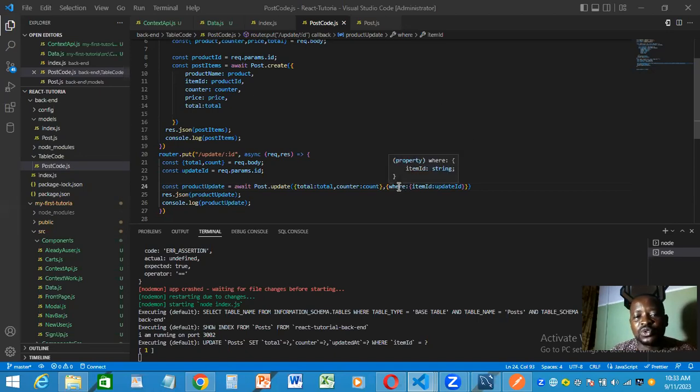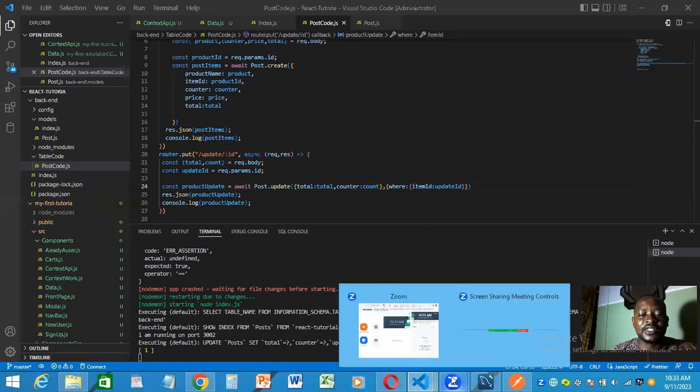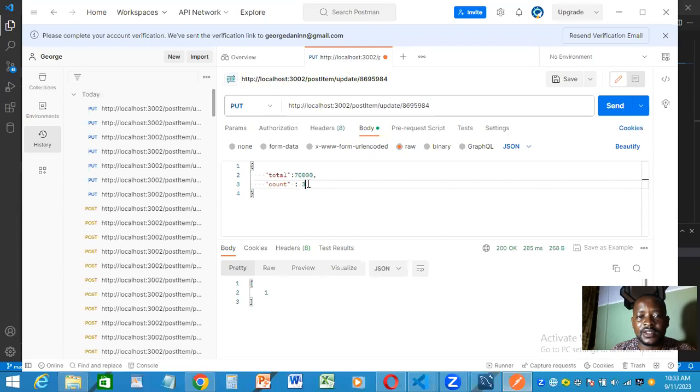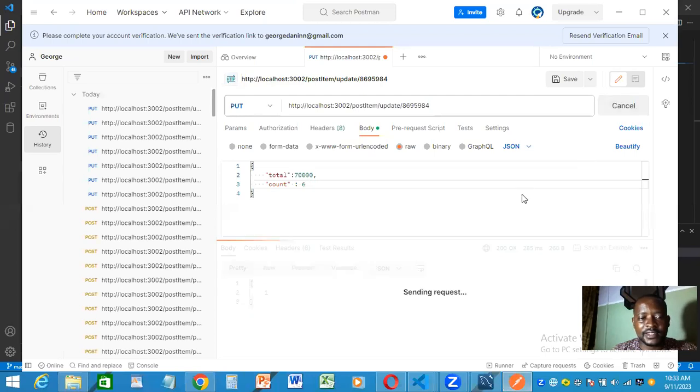I am supposed to use where, where the item ID, the one we have in our database, is equals to this one here. So I didn't use the where. I'm sorry about that. So once we come here, let me update the count to 6. Once I send it,